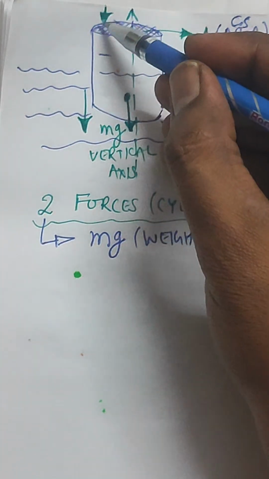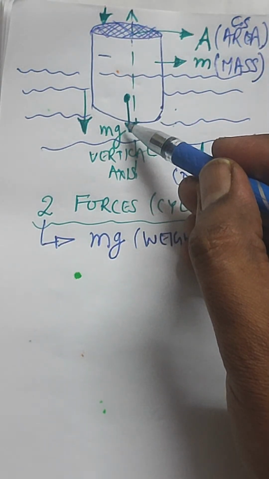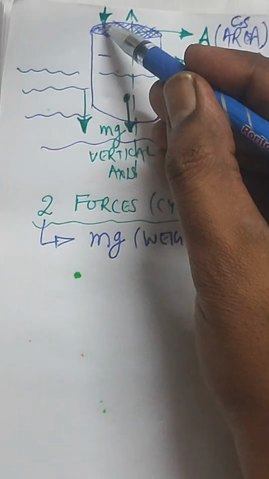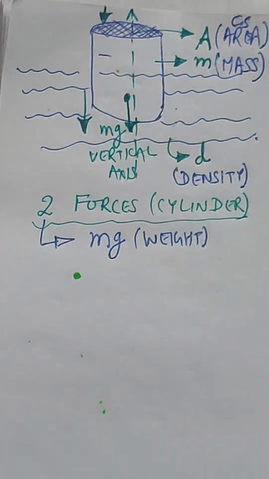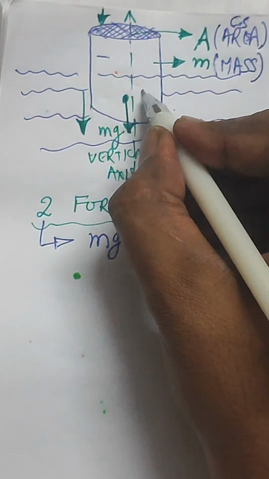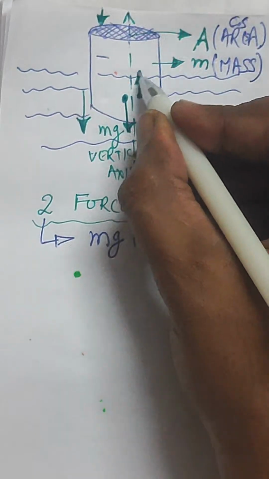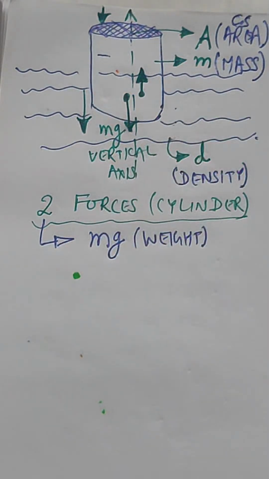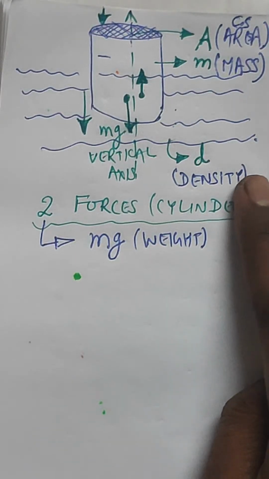If you are pressing from top, it will dip for a moment, but when you stop applying this pressure, you can see this cylinder will again try to move upward. Okay, this is the force of buoyancy. And what is this force of buoyancy? If you remember the Archimedes principle,